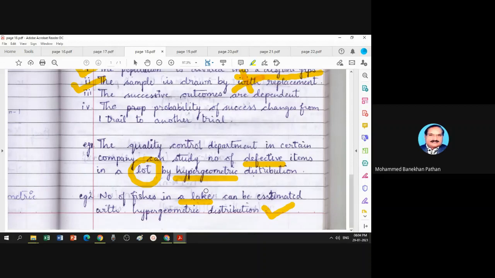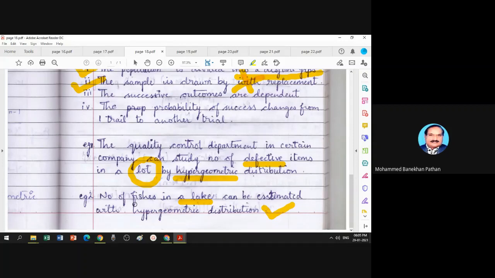We go there and catch fish, and the fish caught will be marked by some color or by tying a thread. We do the marking on those fish. Now after marking, we leave those fish, maybe 100, 500 or 200, in the lake. So by this experiment, the total fish in the lake are divided in two parts,